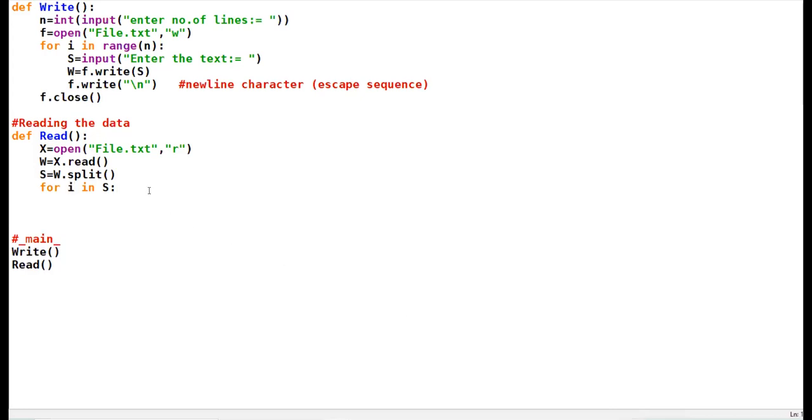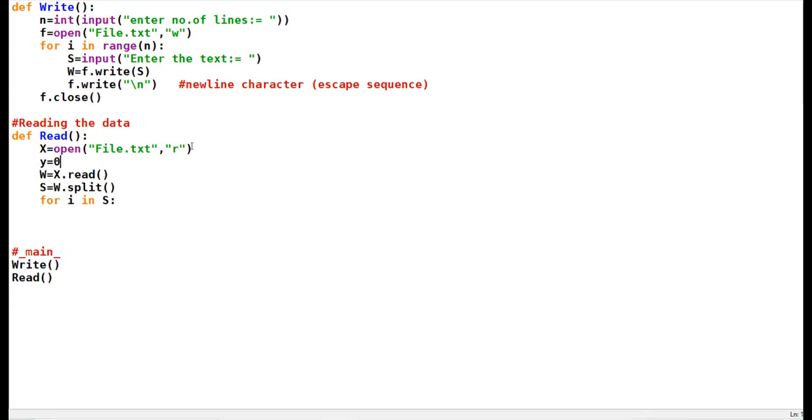I want to count how many times the word "the" is appearing in my file. मेरी फाइल में कोई डाटा है. I want to count how many times the word "the" is appearing in my data. For that, I am taking one variable y.